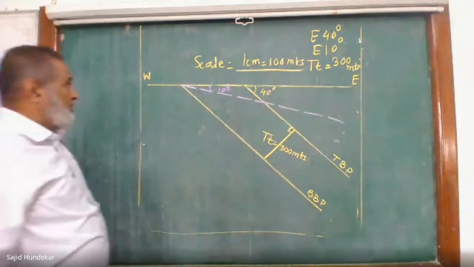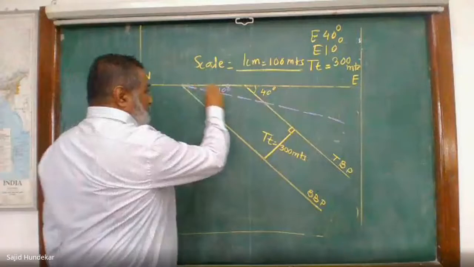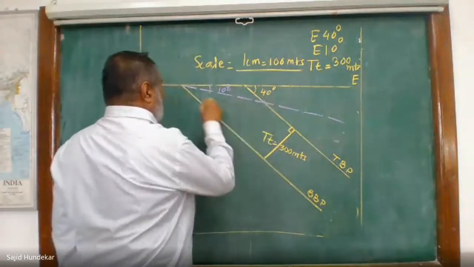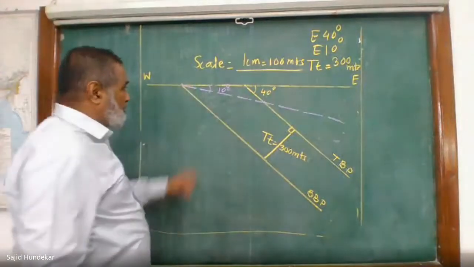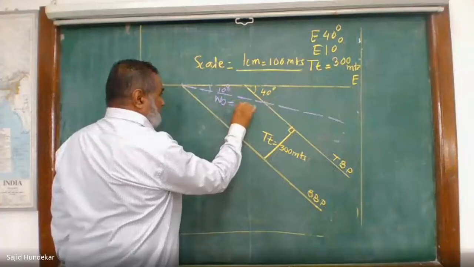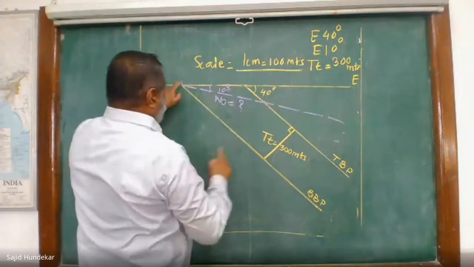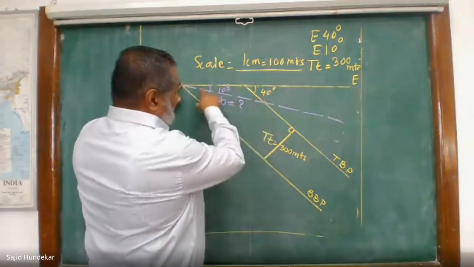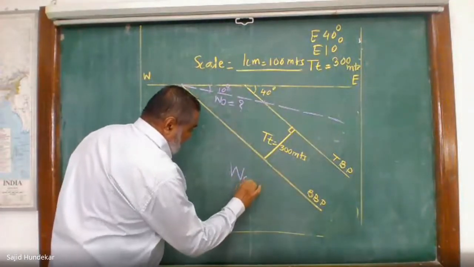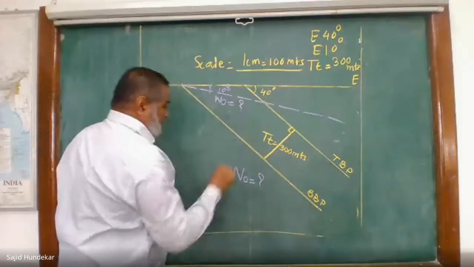Now here we have to measure the width of outcrop on the given slope. So this is your width of outcrop on the given slope. We have to measure between the top bedding plane and bottom bedding plane on the hill slope. That is your answer. You have to write down the width of outcrop. Find out this answer.